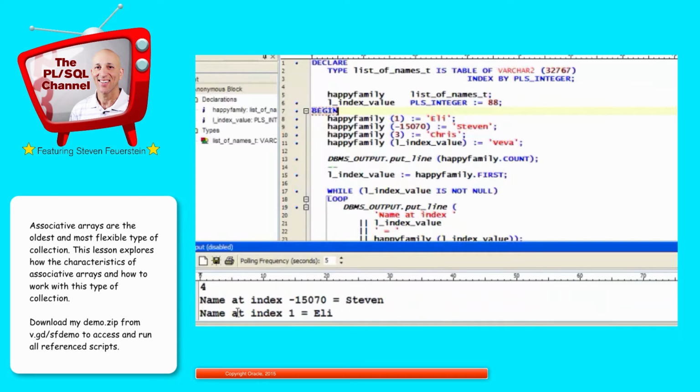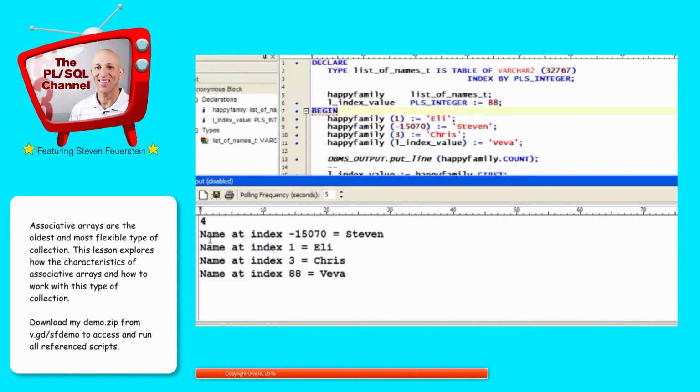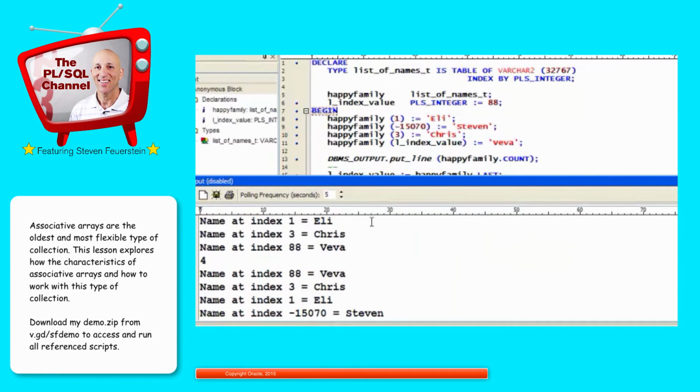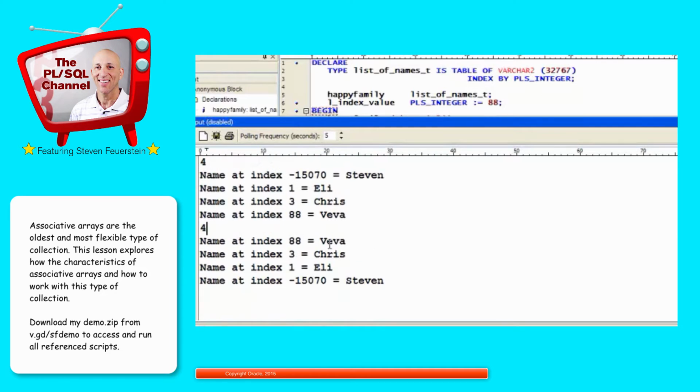I see the following. I've got 4 elements in my collection, and from first to last, the first is negative 15,070, then 1, then 3, then 88. So there's the order defined by my index. And if I want to go from the last to the first, I can say start with last and use prior to go to the previous value. And now if I run my code again, I'll see the data in the opposite order, going from the highest to the lowest. So these are examples of using the methods first and last, next and prior to navigate through